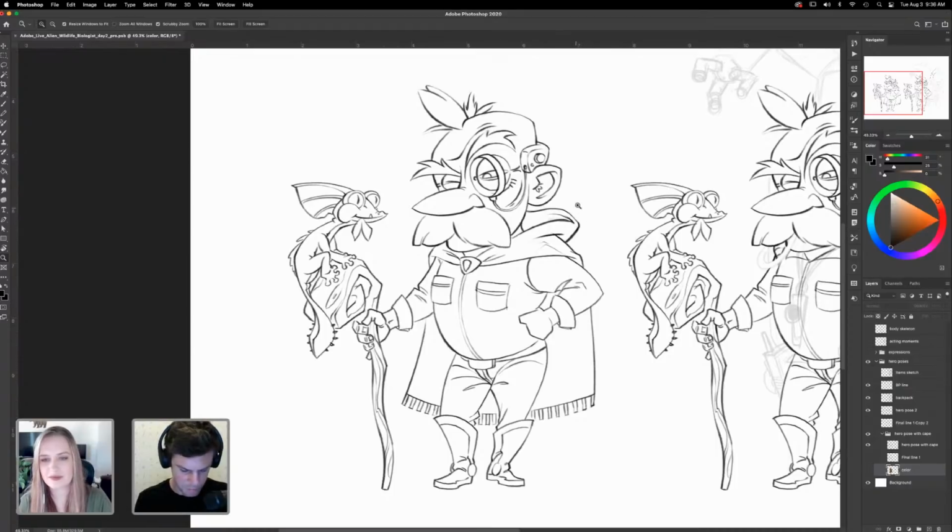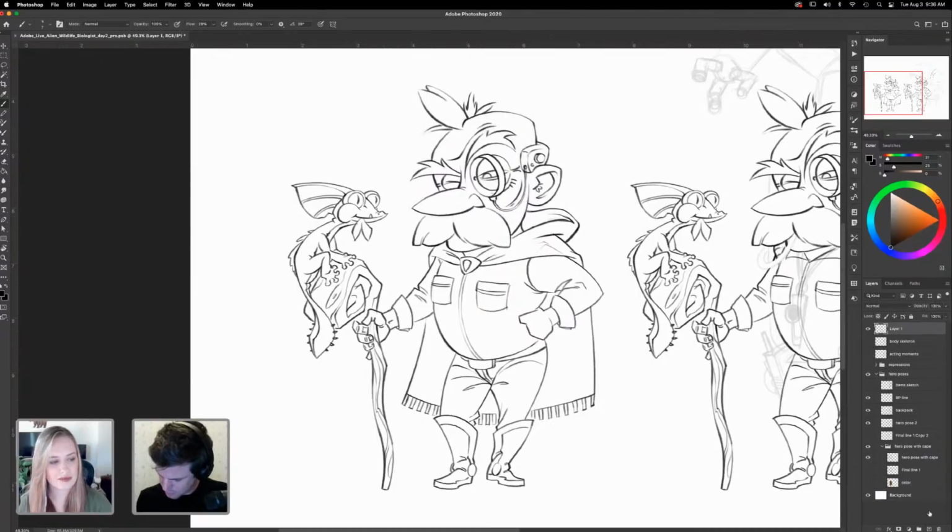Fixed his cape a little bit, added, oops, sorry about that. Just make a notes layer. It's easy. Went ahead and added a hood right there, because I started to think, oh, it'd be really cool if he had a stealth mode.